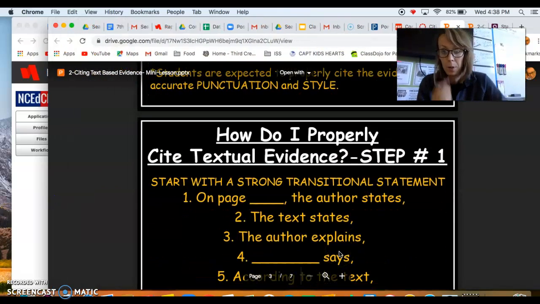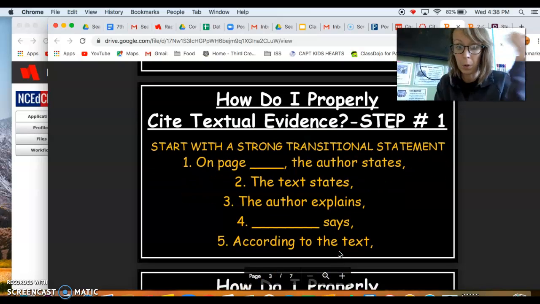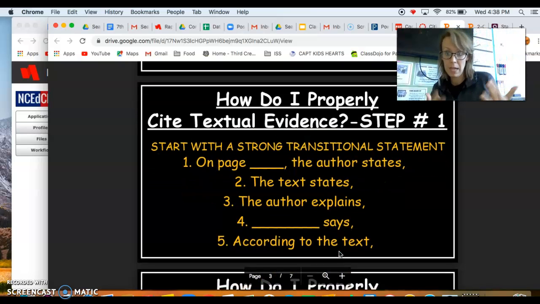So how do I properly cite text evidence? I start with a strong transitional statement. For example, on page blank, so on page 7, the author states, sentence starter. The text states, comma, then the text evidence. The author explains, comma, text evidence. Blank says, so the